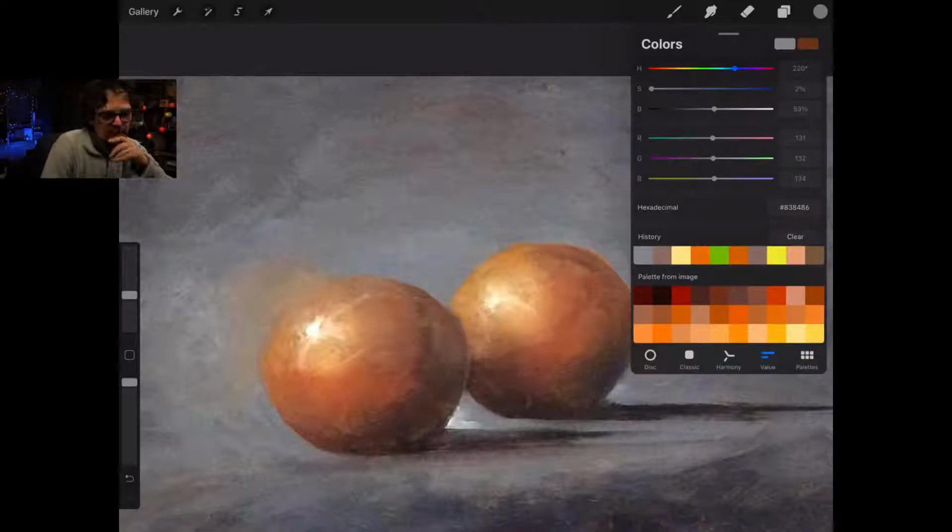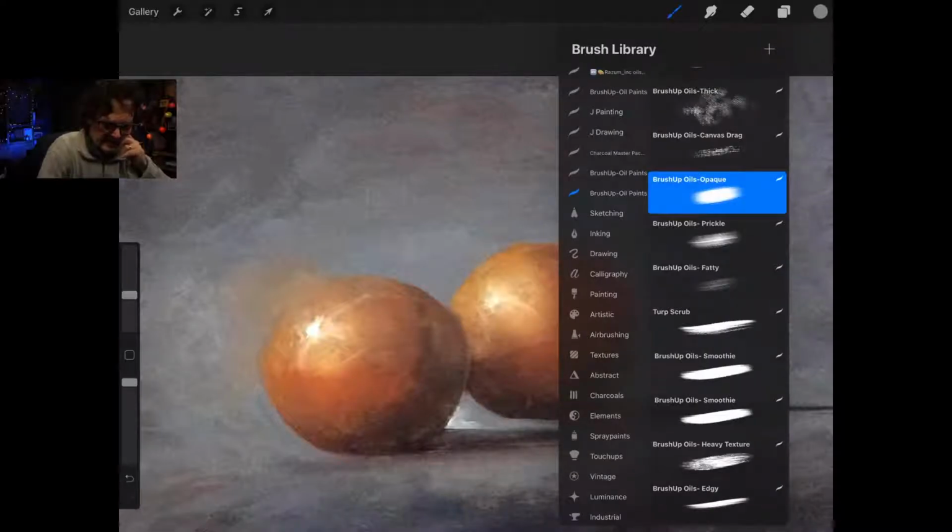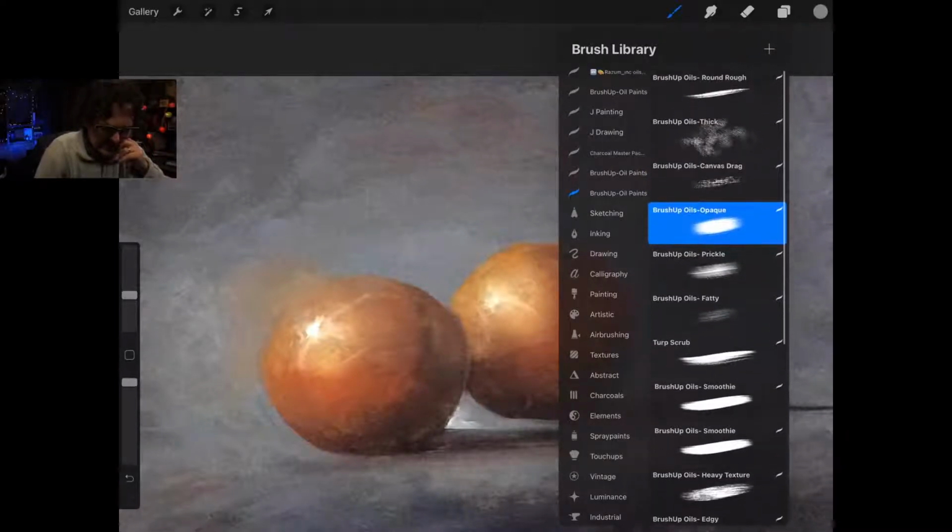So let's try a couple of things. The first thing that we're going to do here is we're going to take this from blue to orange. Okay, let's see if that had any effect on it.